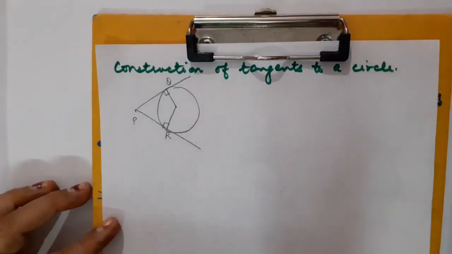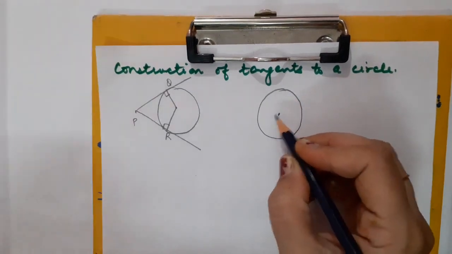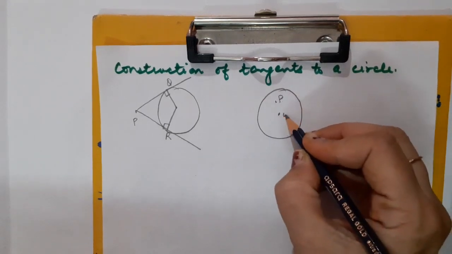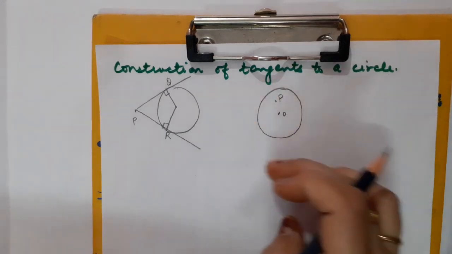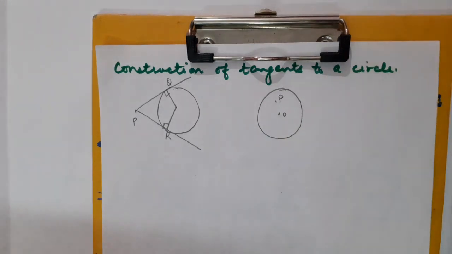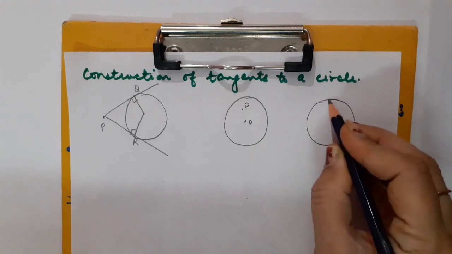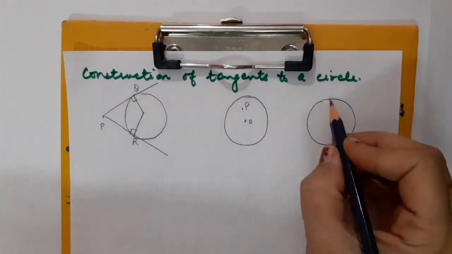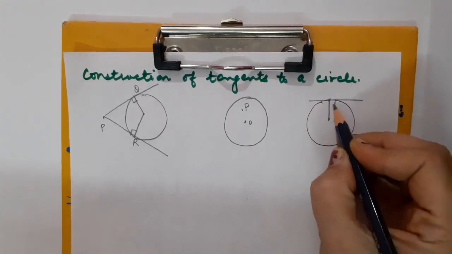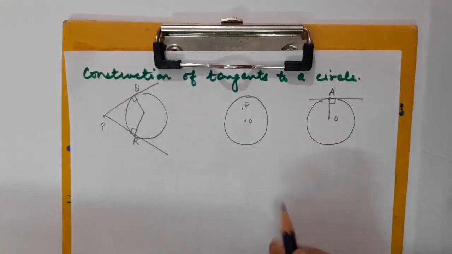Understood? And suppose this is a circle and you have been asked to draw a tangent from the internal point. Suppose this point is internal point, let it be point P. Draw a tangent to the circle. So no tangent can be drawn when the point lies interior of the circle. Or for case number 3, when the point lies on the circumference of the circle, then one tangent can be drawn. Here you can draw one tangent. This is center point, and you know that radius is perpendicular to the tangent at the point of contact. Here A is the point of contact.